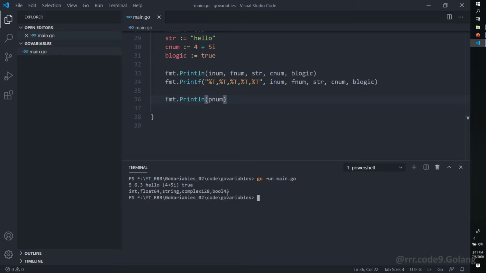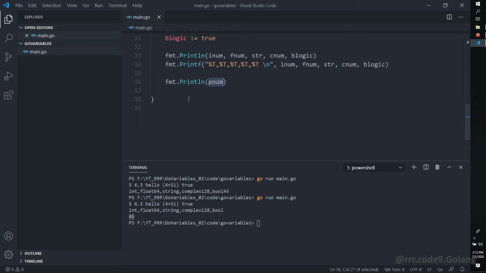Okay, here it is actually printing 45. One thing we have to notice in the Printf function, the slash n is not included by default. So we have to write slash n so that the other lines can be written after the Printf line. So here I have put slash n again and let's run the code. So here you can see the output is 45 and that is corresponding to pnum.